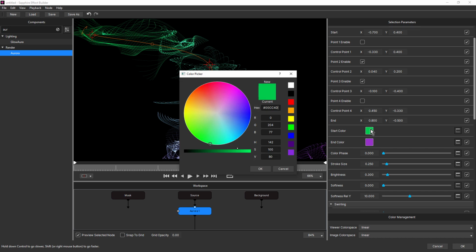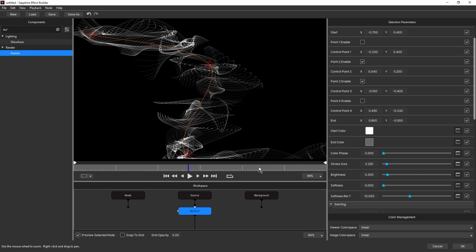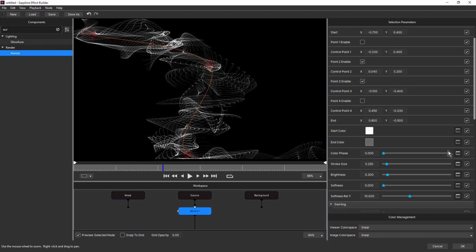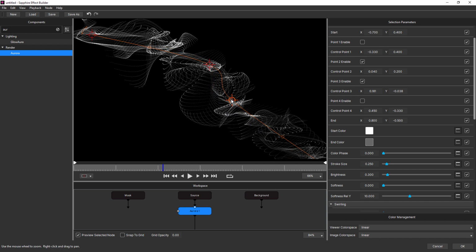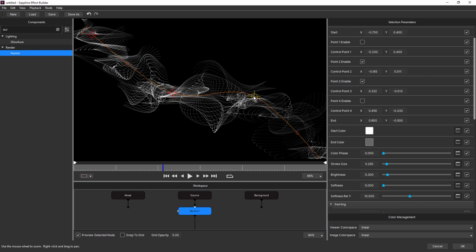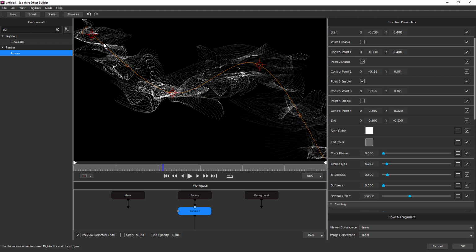Let's just make the colors black and white. I'm just going to make that white, and this is just grayscale actually. Just something like that. We can adjust those later if need be. Might just drag these controls around. It's nice to have these widgets inside of the builder now.